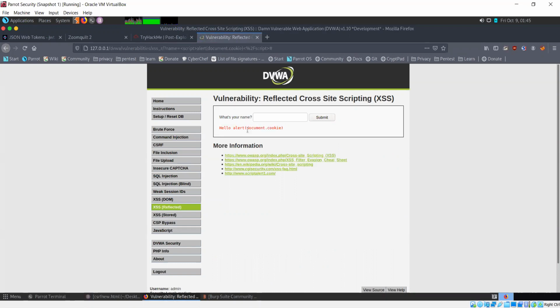Now in this case it's not working. Instead of running the script, it's simply showing us this alert document.cookie as part of the output. There are, of course, other kinds of cross-site scripting payloads as well. Let's try those.